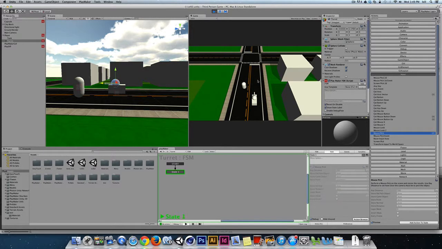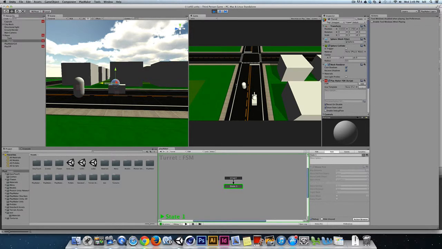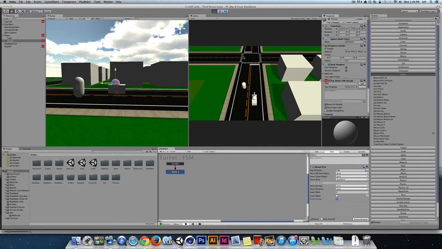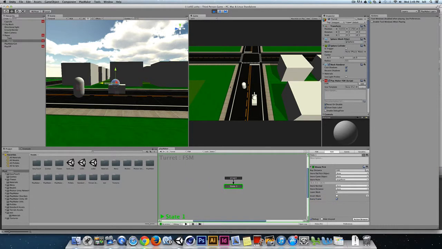I have 2 mouse picks in the scene, and this one will run as I roll my mouse around. Well, it should be updating, but I forgot to check every frame. That's why I'm not getting the feedback that I wanted. So I'll go back into my state. I'll make sure that says every frame. And now as I roll my mouse around, I'm basically doing the same exact thing that I did in my previous